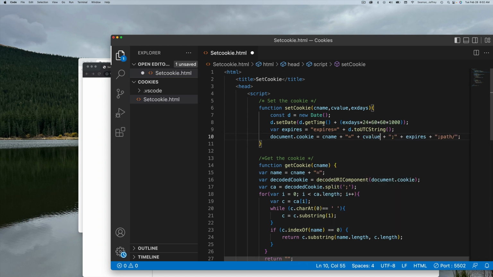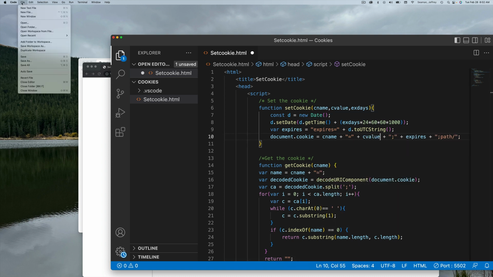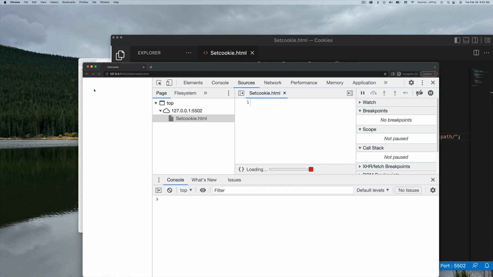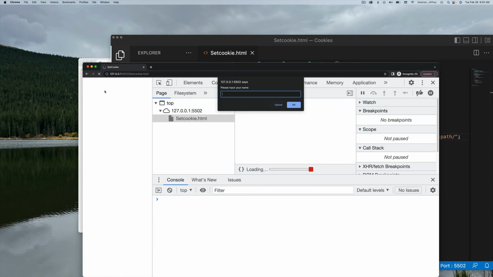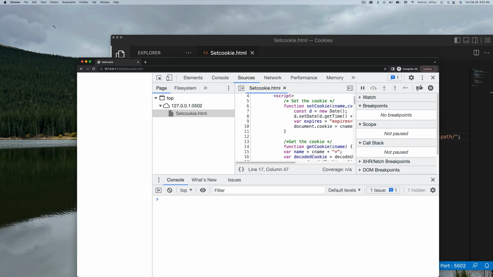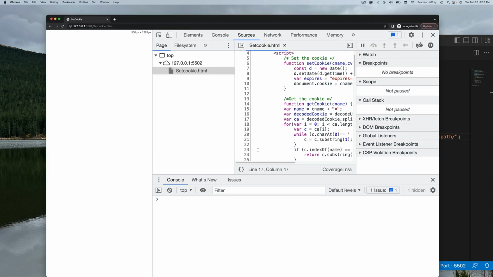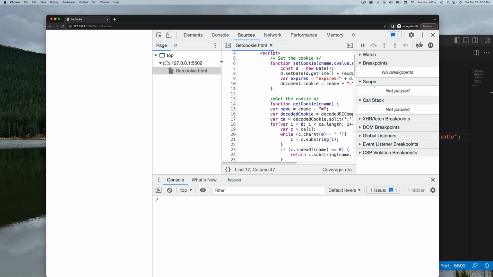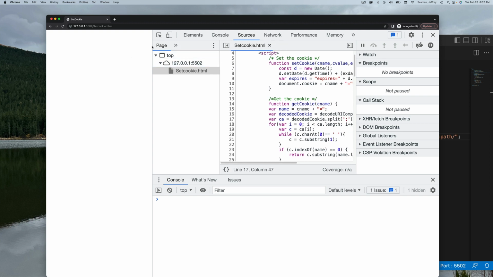Yep. Save that. Let's see if I have another error. I'll put a different name. Shark. Oh, it didn't error out this time. So, just an FYI, this is how you, when you're doing JavaScript, this is how